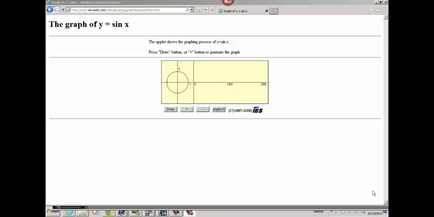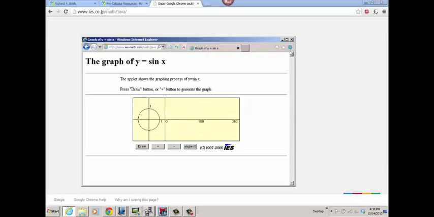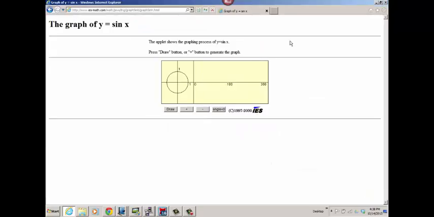This is an interesting site because what it allows you to do is to see, let's pull this back open, the relationship between the unit circle, which is over here on the left, and what the sine function actually graphs out to on the right. So what I'm going to do is, by pushing this plus sign, I am marking out on the left